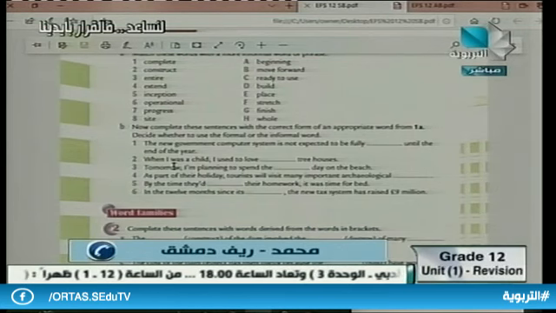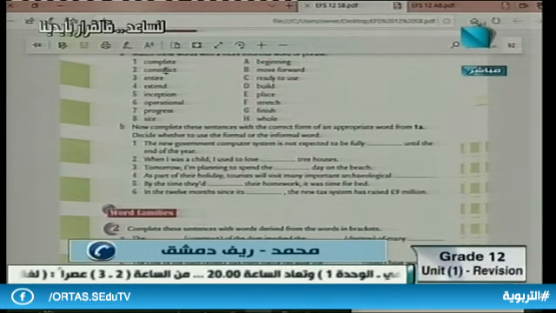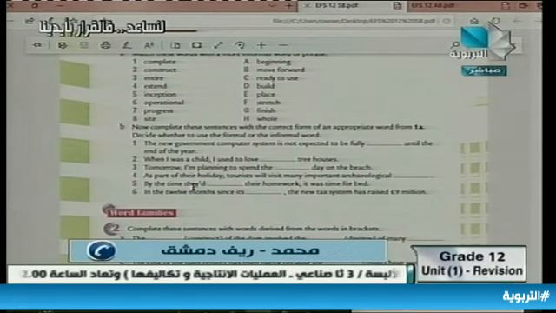Here, if we go back to the rubric, Mr. Kareem: now complete these sentences with the correct form of an appropriate word from exercise 1A. Decide whether to use the formal or the informal word. Muhammad's question is about the tense, past perfect. By the time they had done or completed,